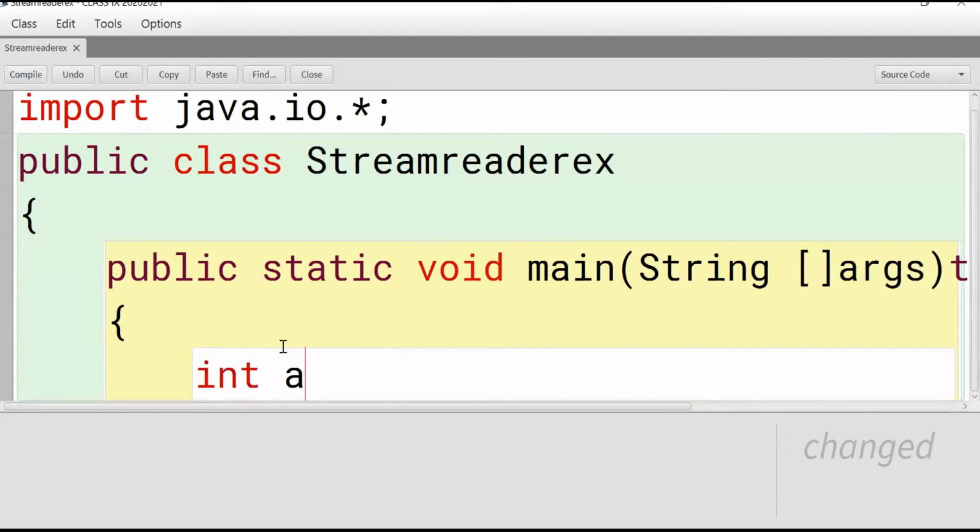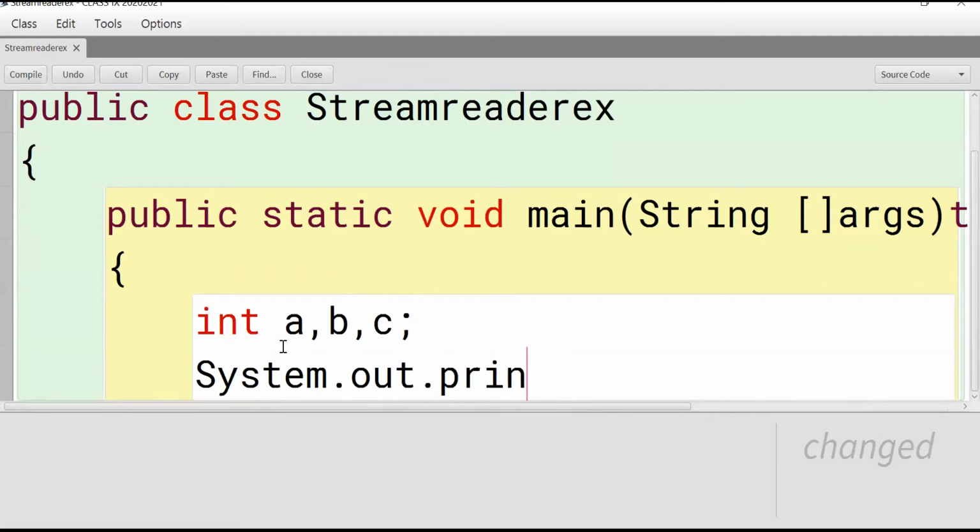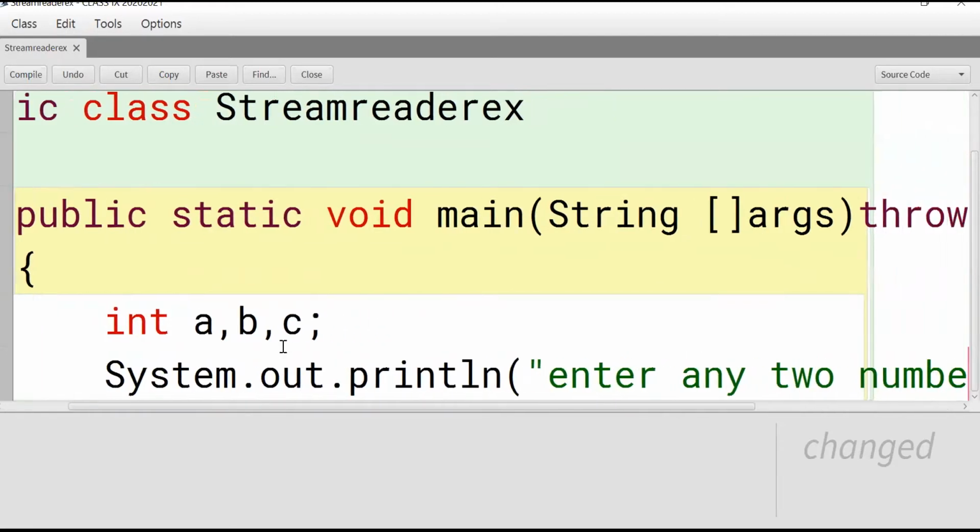So what are the variables? a, b, c. Enter any two values, or two numbers.